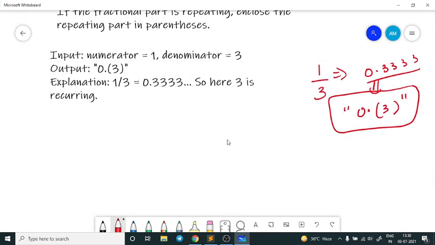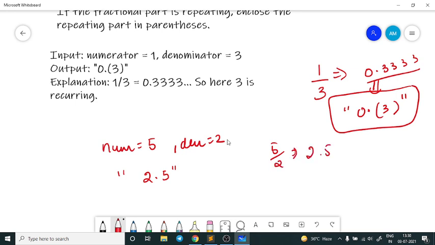Let us now take another example. If I take my numerator equal to 5 and denominator equal to 2, what should be the answer? The answer should be 2.5. As we can see, if I divide 5 by 2, it comes out to be 2.5, and in this one there is no repeating character.